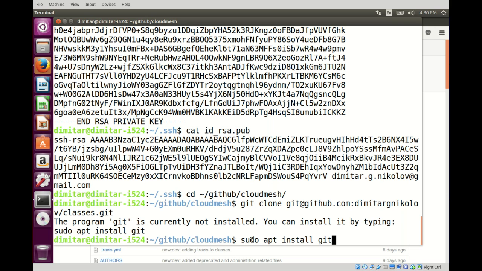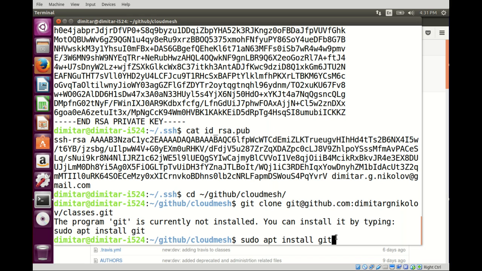Sudo is a command in Linux that allows you to act as the root user. So this is the master administrator user, and this will allow you to install software to various system directories. So in order to install most software, we need to have root access, and sudo allows us to get that access only for executing this command. So the command is really apt install git. Apt is the Ubuntu package manager, and we're telling it that we want to install the git